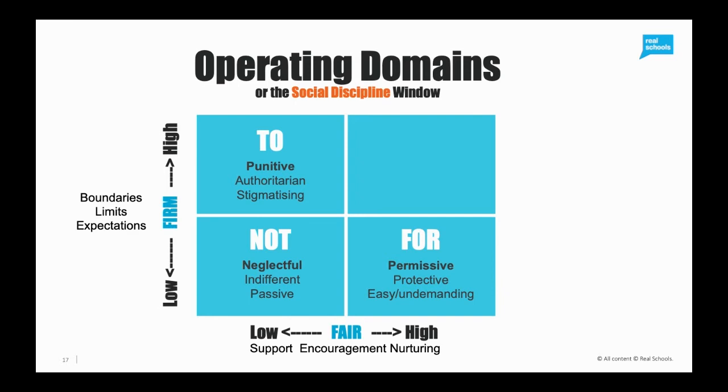And they use that as a strategy for life. They're just wandering around trying to get people to drop expectations on them. So we've got to be careful about doing that for them. But there are times, of course, when you do need to go to any of these boxes. You may need to go to the 2 box if things are unsafe. If someone's about to hit someone with a chair, it's not the time to talk about their feelings. It's time to say we're going to step in here and we're going to survive this moment. Later on, we'll bring the fairness back in. But for now, we're on being firm.